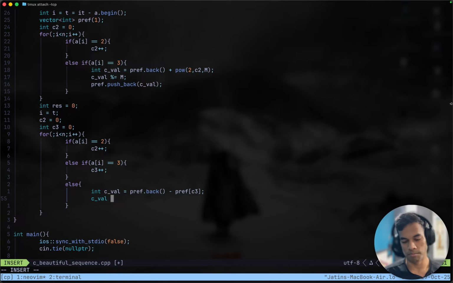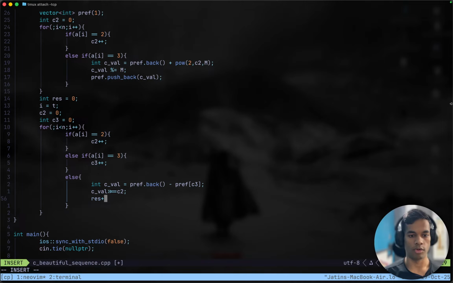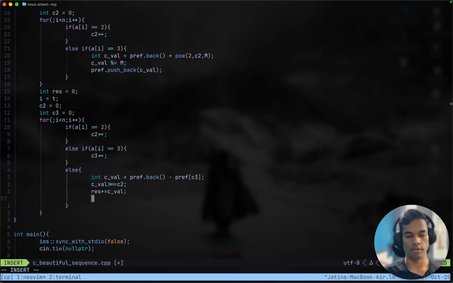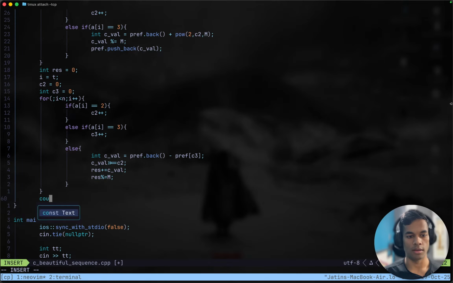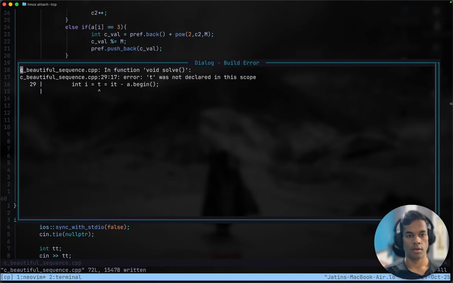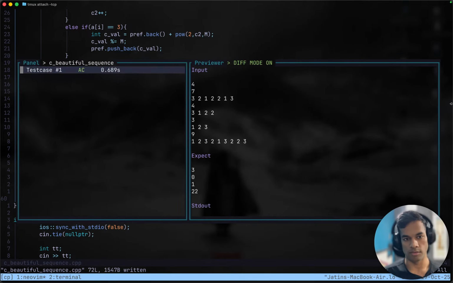So we don't have to take modulus on the difference because that number will also be a small number. Now we have to right shift this value by c2 times, which makes sense, and we will add this to our response, plus equals c value, and we'll take modulus with m and then print out the response,